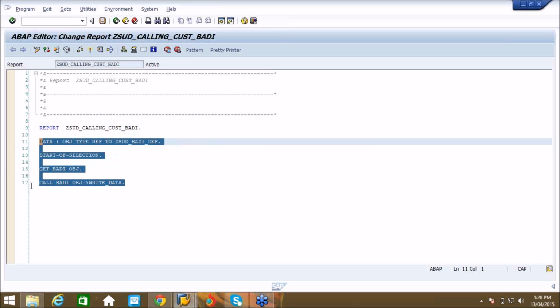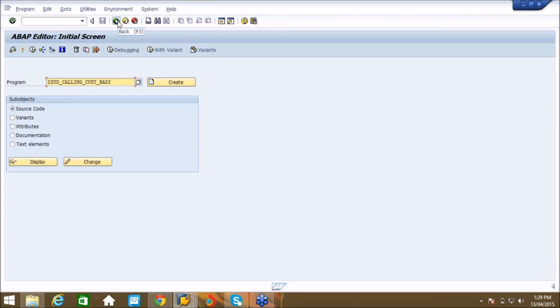Otherwise, I will tell you one more important thing here, because that is even good for you to find out a BAdI definition. For example, you want to find out what are all the BAdI definitions available for a particular transaction. How can you come to know?